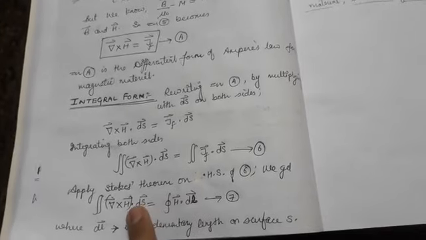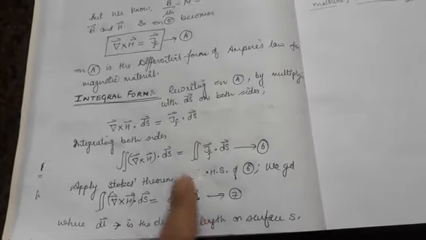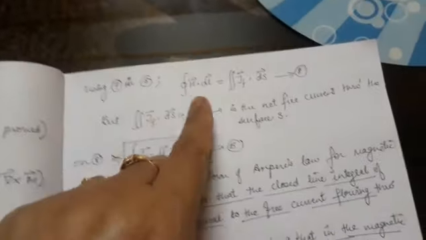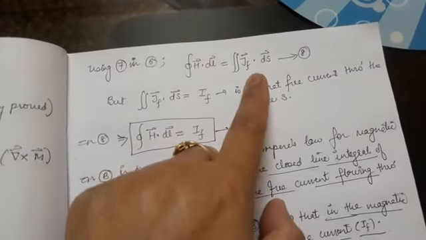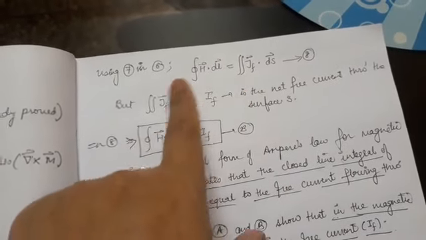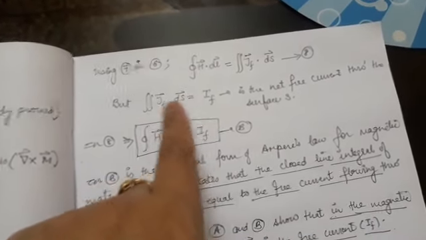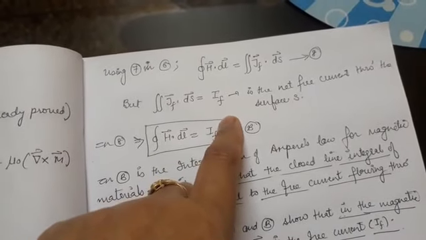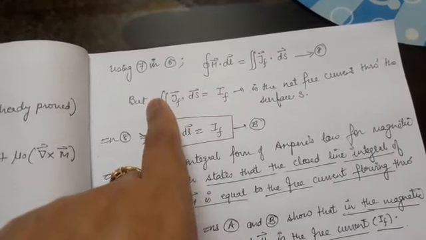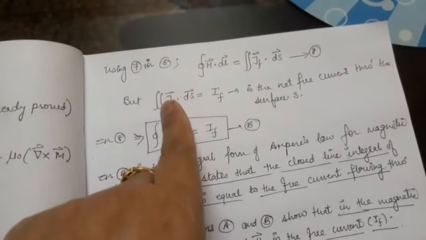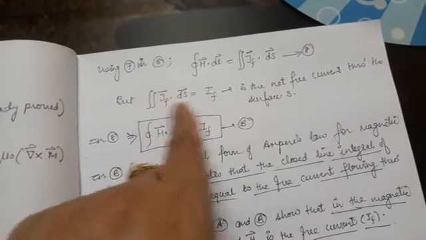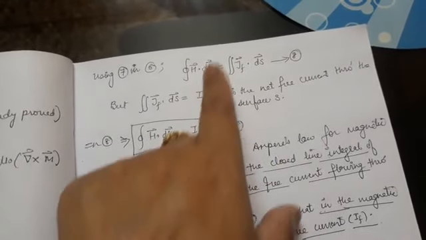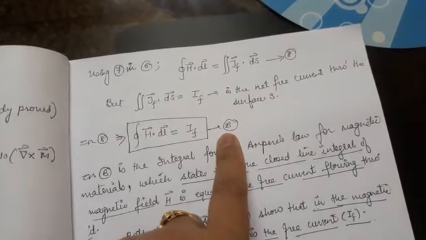Now using the left hand side, this equation here in equation number 6. So using 7 and 6, I'll get this type of equation. Now, what is JF dot ds, the whole surface integration? It is IF, because JF is the current per unit area. So cross multiplying and taking integration, you will get this type of equation. JF dot ds, the total surface integration, is always the net current flowing through the surface S. So using this equation, I'll get equation number B.